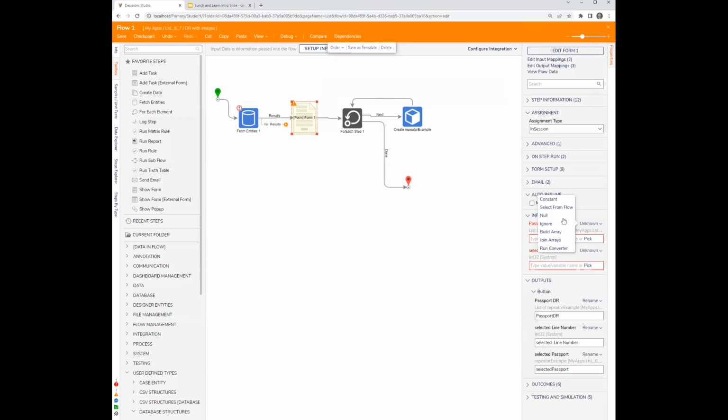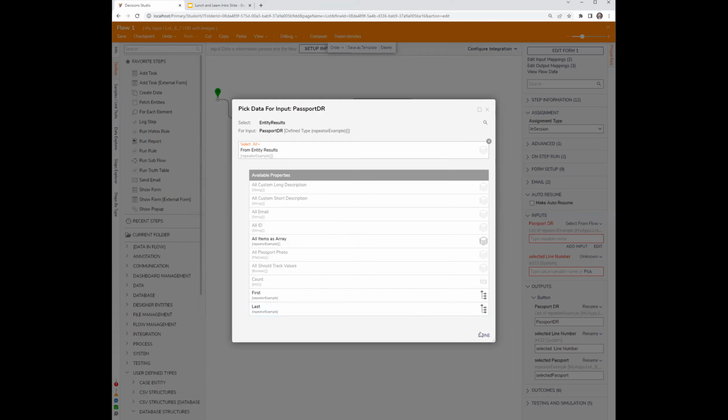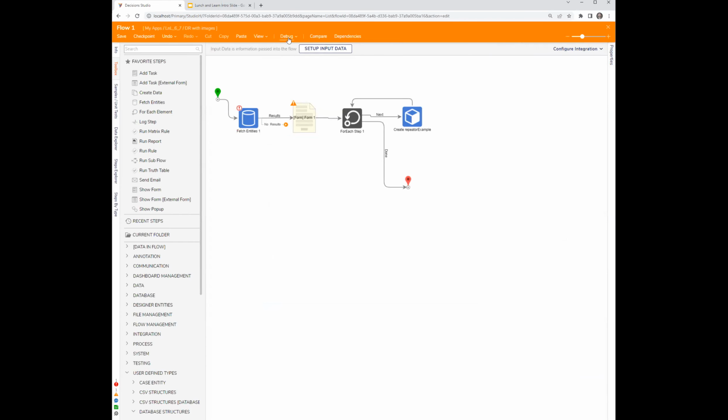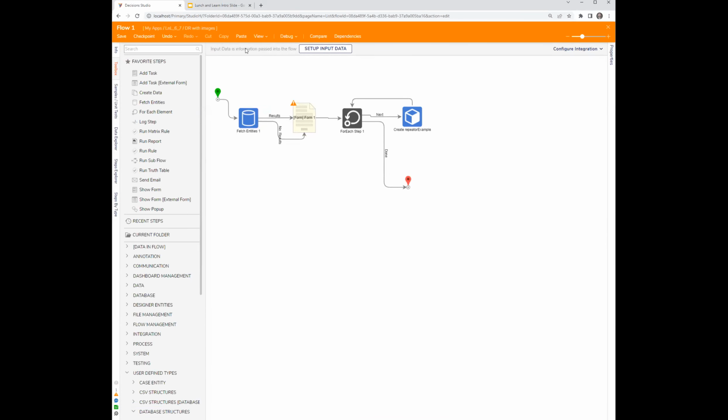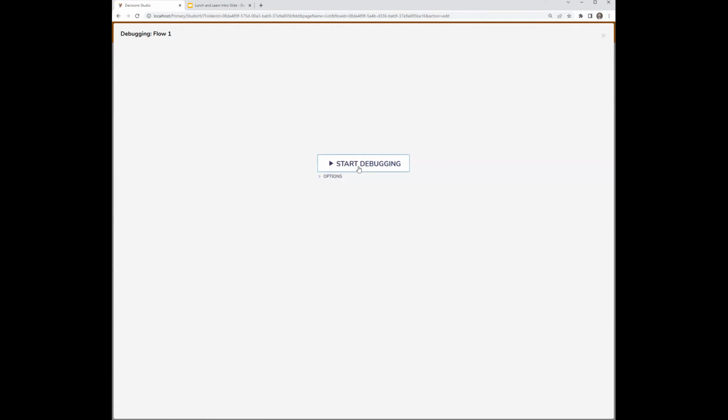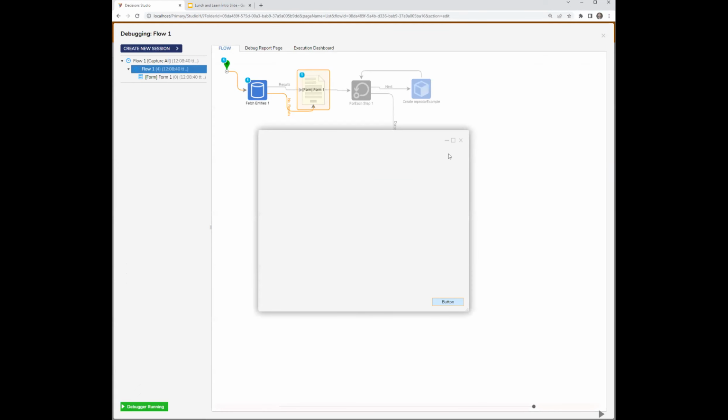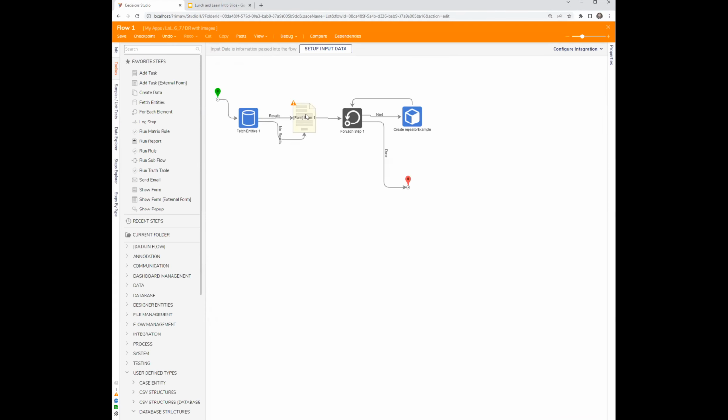Pass that list into passport DR. Let's see here. If I run this once, okay, no results, that's fine, because it's the first time we're running this. So debug, run, I should get my form, empty repeater control, okay? So let's quickly